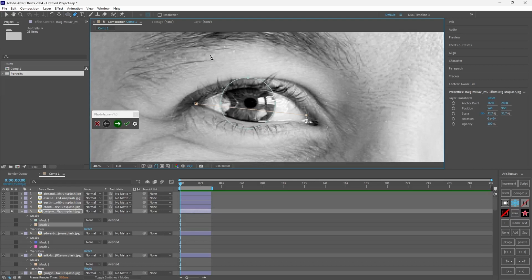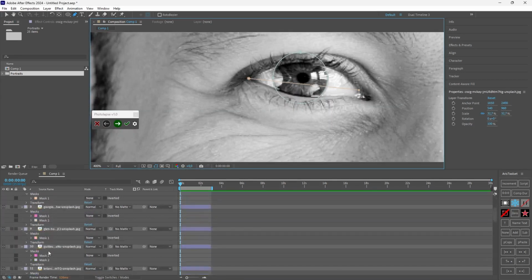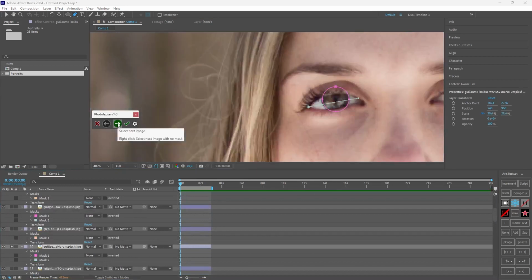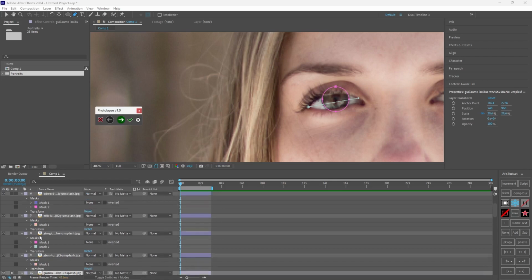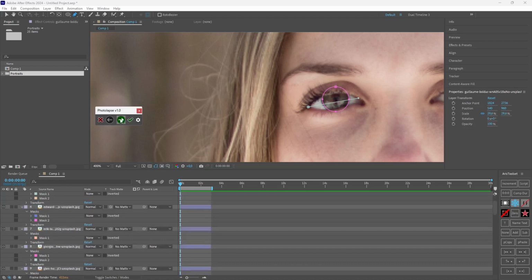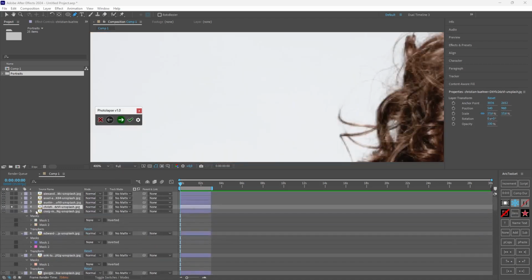One thing I haven't mentioned is that if you want to go to the previous image in case you made the mistake, you can click this button. Also, you can click any image you want and hit the next button, and the script will automatically solo that image for you to mask. And another shortcut is to right-click these buttons. So if you right-click the next button, you will mask the next image that doesn't have a mask. So I'm now in layer 10, and the next image seems to be layer 4. So if I right-click here, I go to layer 4.